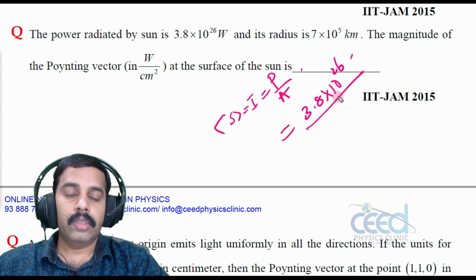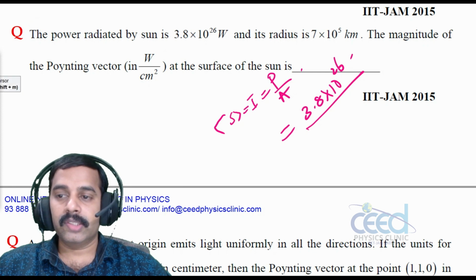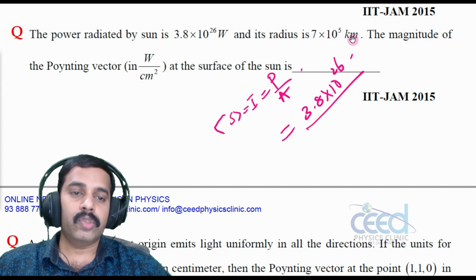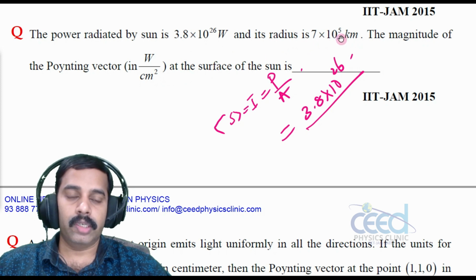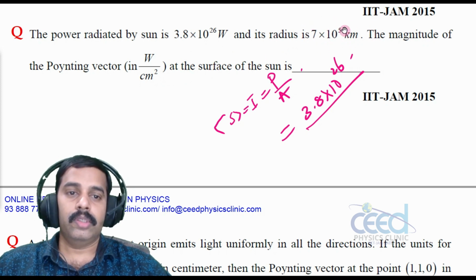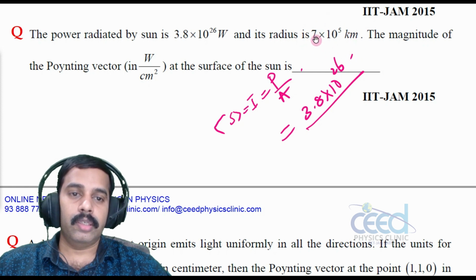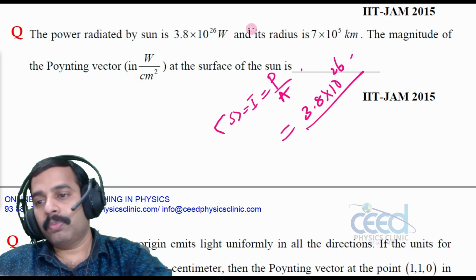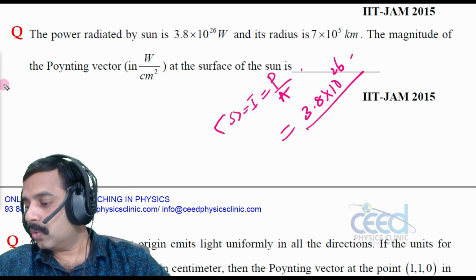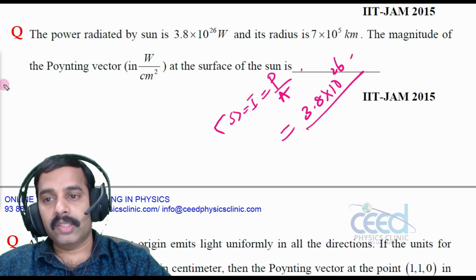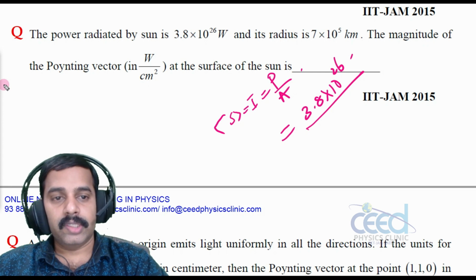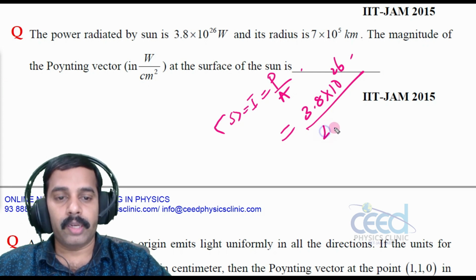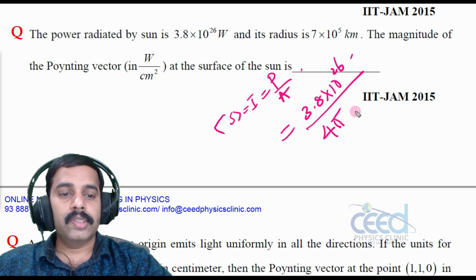Area is, here the radius is given, right? That is 7 into 10 raised to 5. But we need the answer in centimeter square, so we have to convert the radius into centimeter, then square it. So that is pi r square. All right, the sun is radiating energy with spherical symmetry, right? So 4 pi r square, where r I can write as 7 into 10 raised to 8